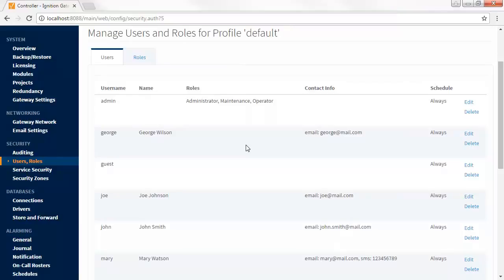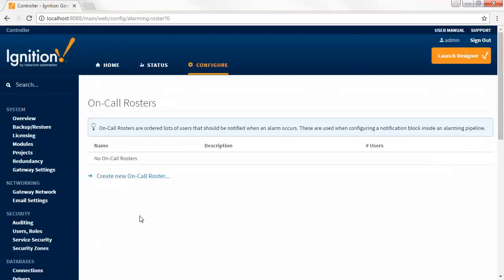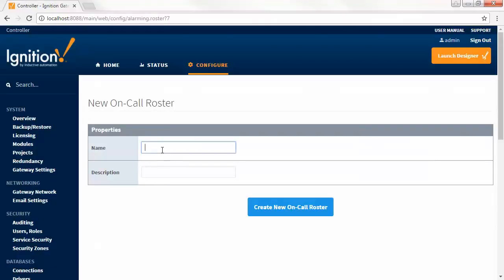To set up an on-call roster, we need to go to the Configure section of the Gateway webpage and go to the On-Call Rosters link in the Alarming section. Here we can click on the Create New On-Call Roster link to create an on-call roster. I'm going to call mine Operators, and then click the Create New On-Call Roster button at the bottom of the